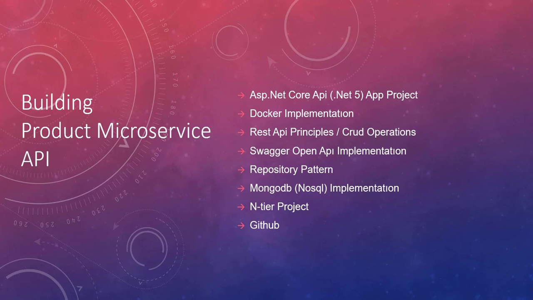We will use .NET 5, the new release version of Microsoft. I say .NET 5 because Microsoft wanted to unify .NET Core and .NET Framework. If you remember, there were versions like .NET Core 1 and .NET Core 2. On the other side, there were versions such as .NET 4.5. All of them now have a common version, so to avoid confusion, there is .NET 5, and this is the final version.